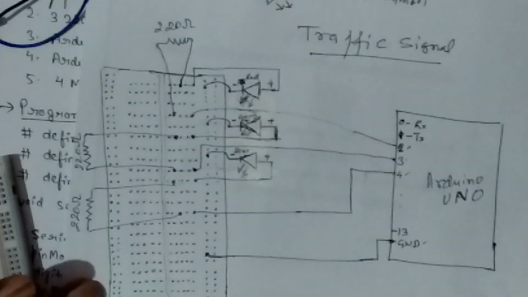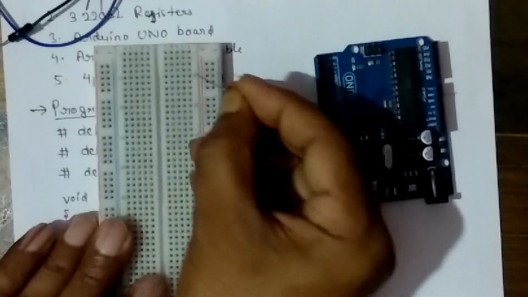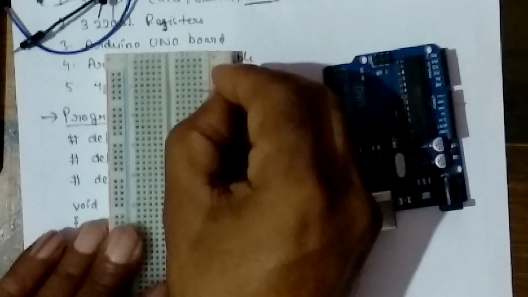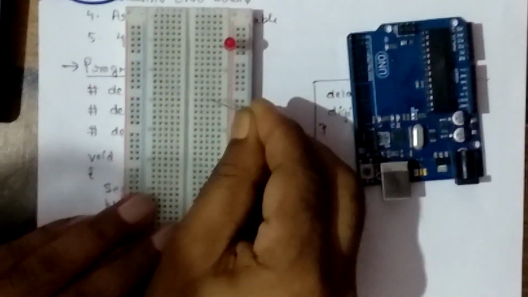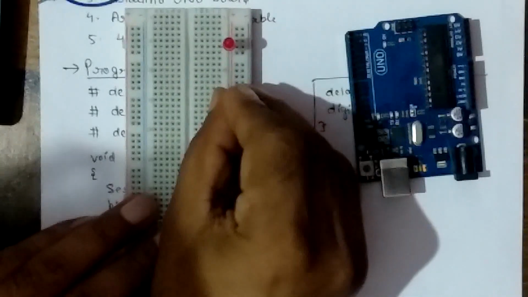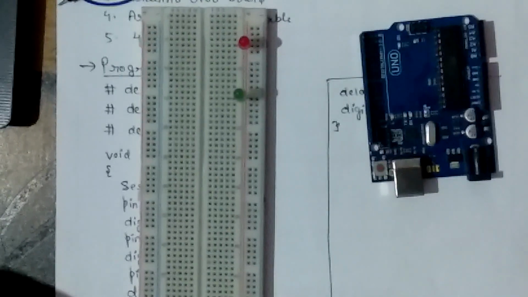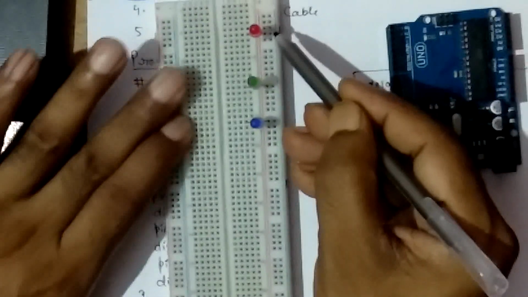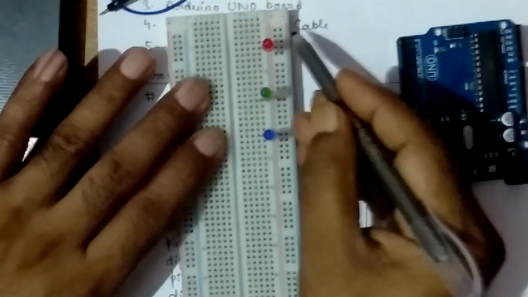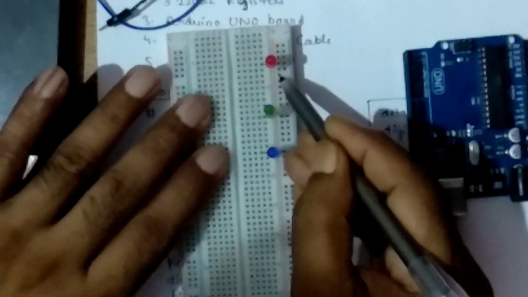Now we attach all these with our Arduino and breadboard. First I attach the red LED in the second row of this breadboard, short pin in this second row and long pin in this vertical. I have attached the second LED with the short pin in this second row anywhere and the long pin in series at this. Then I have attached the third LED with the short pin on the second row and the long pin in series vertically. All short pins of the LEDs are connected with this second series.